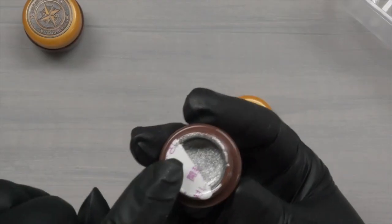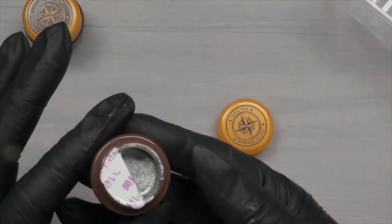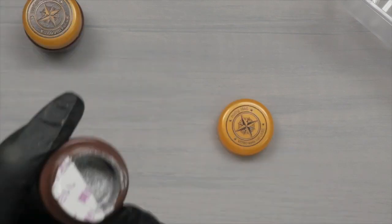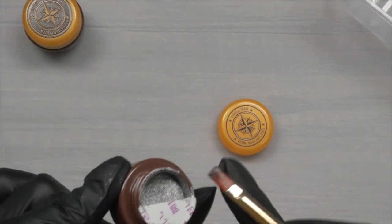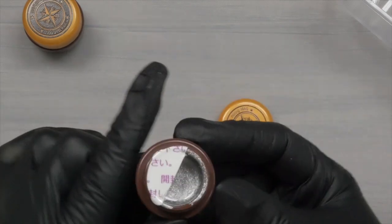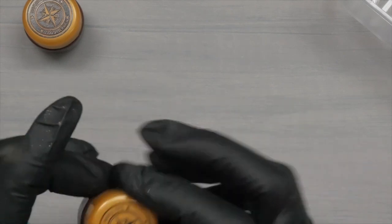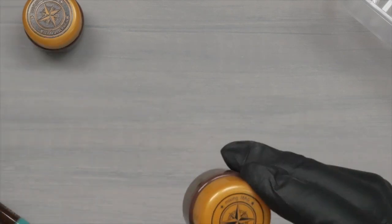One reason why I like to open my gels here is so that if I'm ever traveling, they don't spill over. Also, when I'm working with my brushes, I can kind of clean here on the edge any excess. That's really helpful. Also, the third reason is because I can date it, and I know how old this gel is. Not that your potted soft gel goes to waste anytime soon, because it is 100% gel and it doesn't have a lot of